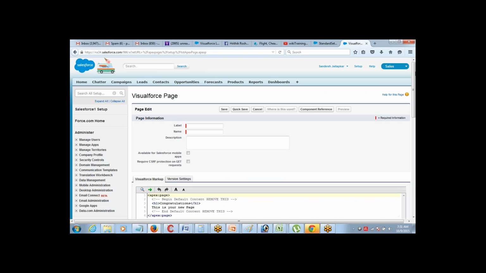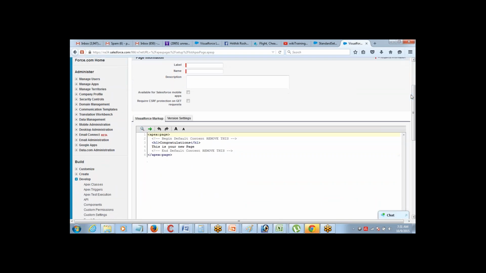Okay, but here you won't see that editor and everything. Here you will just see this page. You have to write the code and you have to save it. So you don't get that advantage of viewing the output. In the previous approach, what we were doing, we were able to see the output. You make changes, then you do a Control S and you can see the output then and there. So that helps you design the pages a lot better.